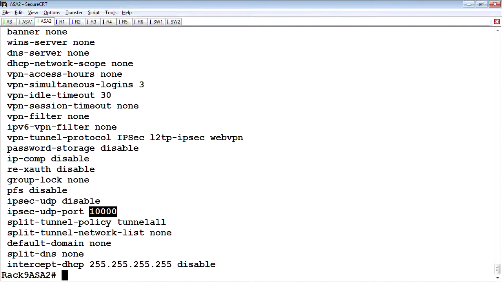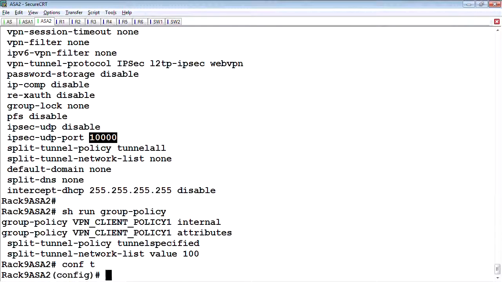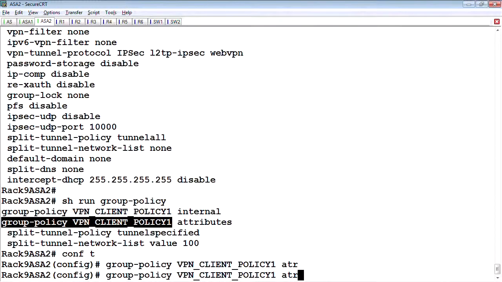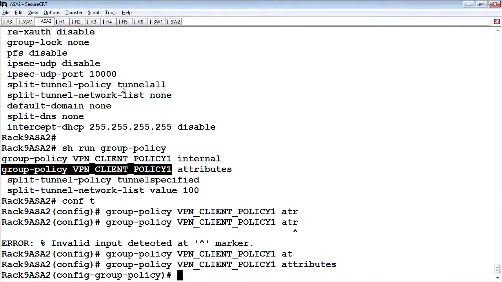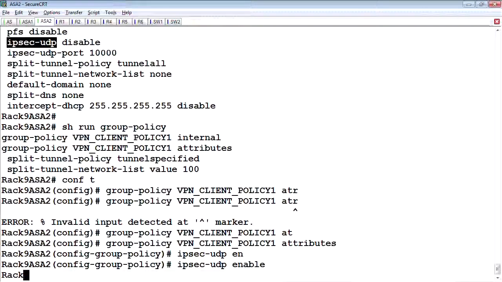UDP port 4500 is going to assume that the client is behind a network address translation. Then the server is going to figure that out based on a disconnect of where the ISAKMP packet comes from and the IKE identity, which is their pre-network address translation address. So now if we look at the show run group-policy, I'm going to say that for this particular group policy, in the attributes,